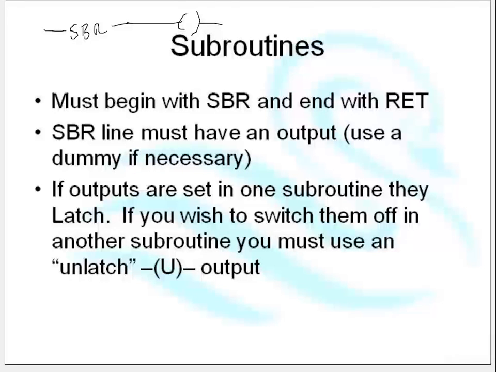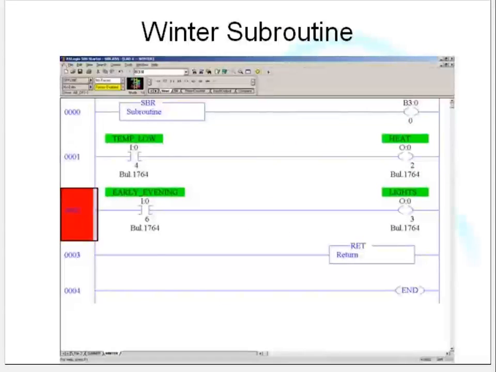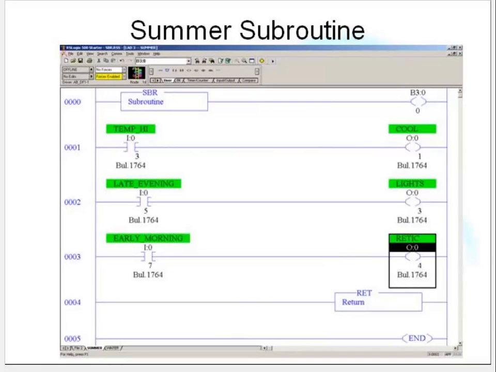One problem you have with subroutines is, if you've got two subroutines, say you've got a subroutine there which is the summer subroutine, and you've got a subroutine there which is the winter subroutine, and then your main program calls either this summer one or the winter one. If you turn something on in the summer subroutine, it may get stuck on, and it may not, and then you need to actively turn it off in the winter subroutine. To give you an example of how this could happen,